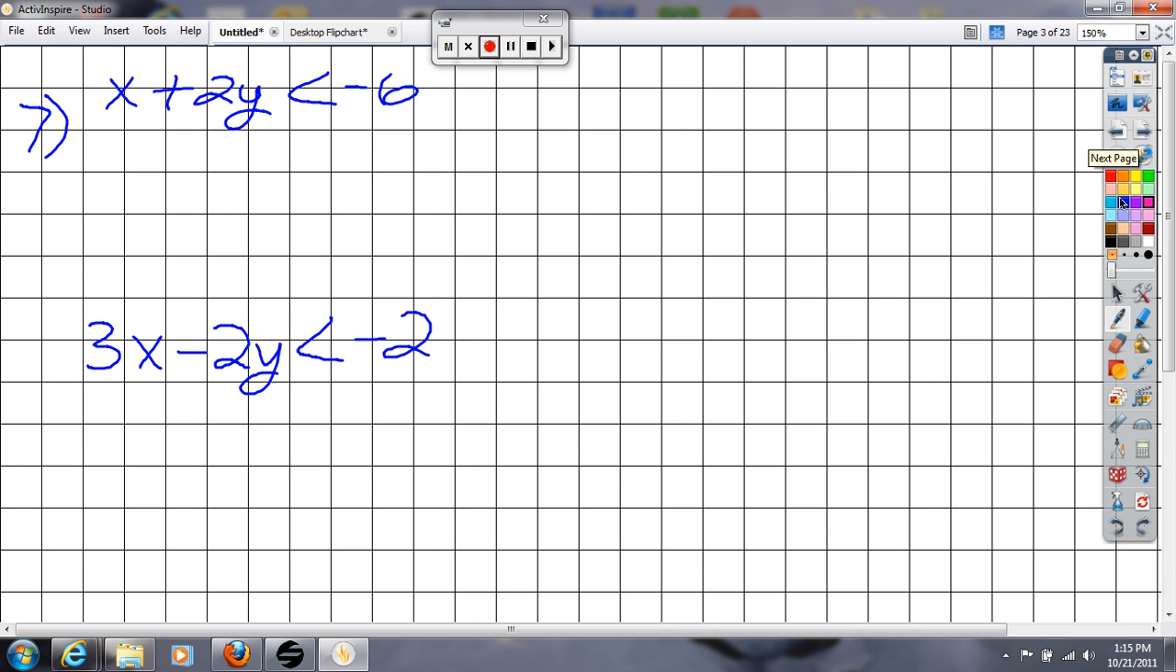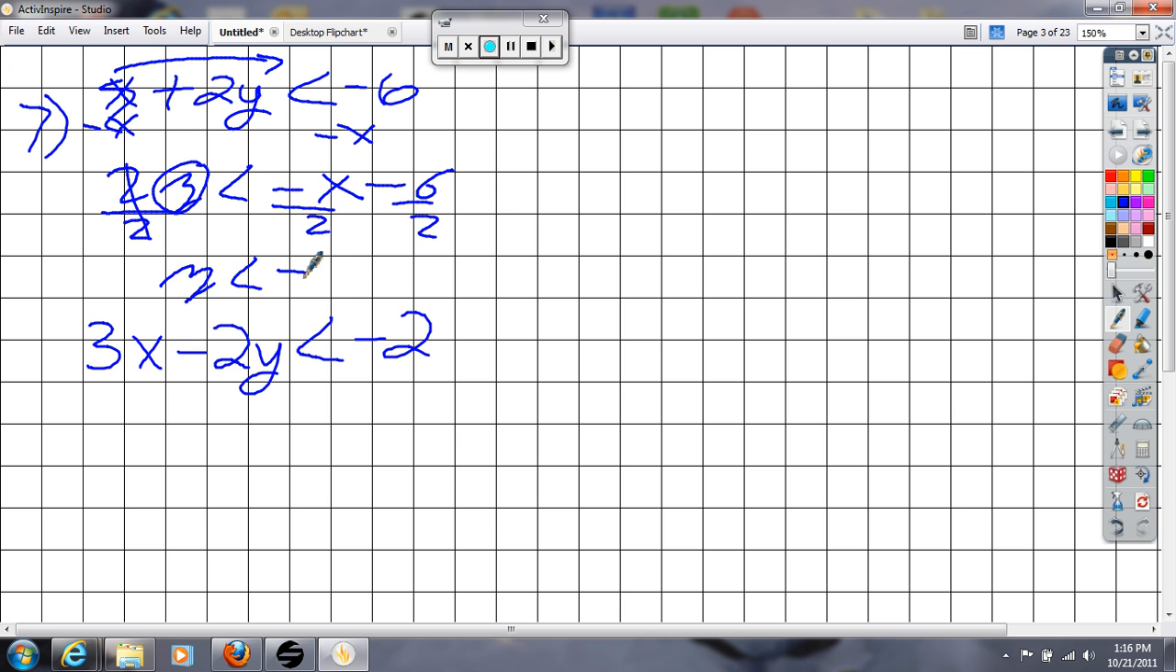And we're going to problem 7. Now we're still doing the same thing, but we have to get y by itself. So in this case, on the top one, I've got to take the x and move it over here. So I'm going to go minus x. The x's cancel. So now I have 2y is less than -x - 6. I need to get the y by itself, so I have to divide by 2 to make it go away. Divide by 2 and divide by 2. The 2's cancel. So I now end up with y is less than -1/2